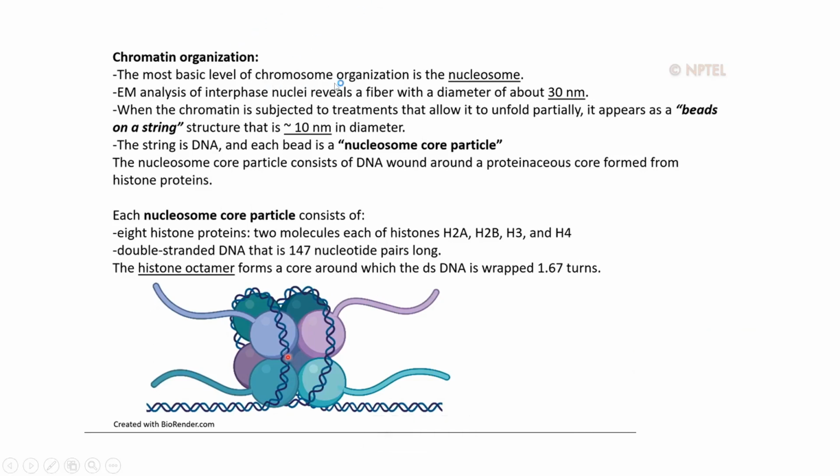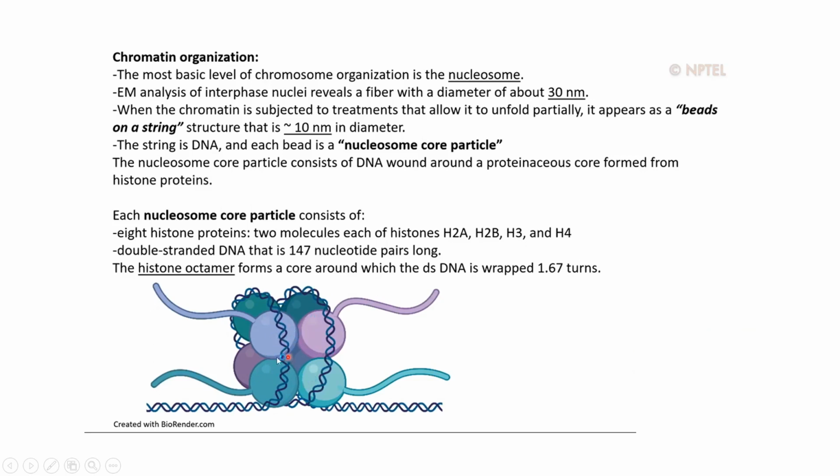So the most basic level of chromosome organization is the nucleosome. Here you can see the nucleosome. The nucleosome is basically histone proteins onto which the DNA is wrapped. So this is the DNA which is wrapped onto the histone proteins, and here you can see the octamer structure of